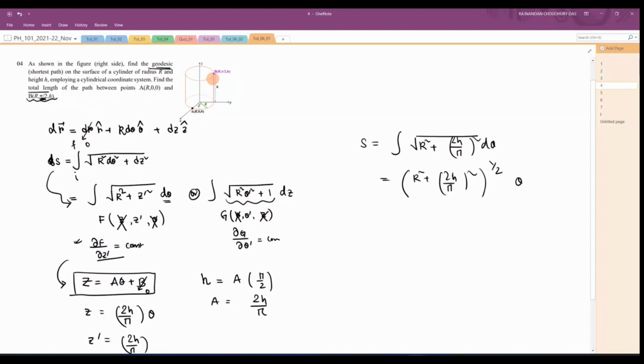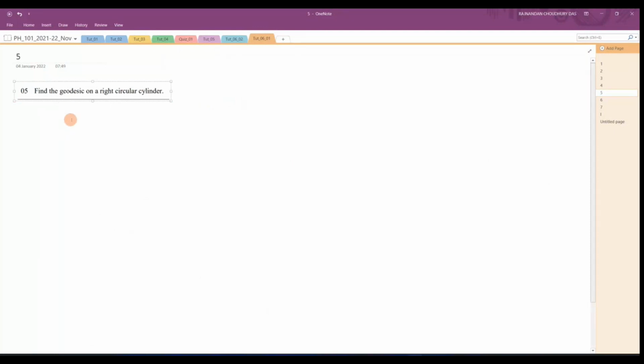Thank you. So from here, we actually got the total length will be this much. You put this limit and you will get an answer. Simple. Same approach we are applying for all the 4 problems. So question number 5. This is actually the same problem. So we have to know the definition of right circular cone, which is nothing but the same thing. x square plus y square is equal to some d square, and you will have some height. So this is actually called right circular cone. You must already be knowing this. Same thing, right? Same problem.